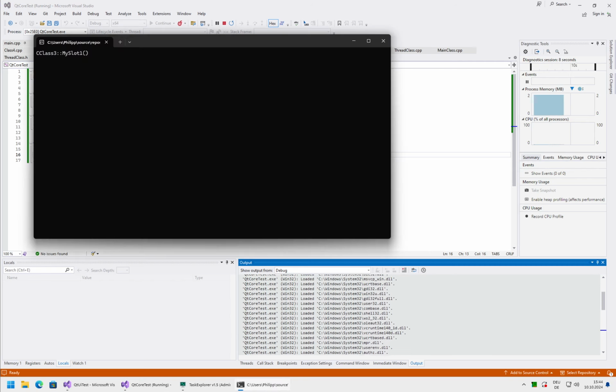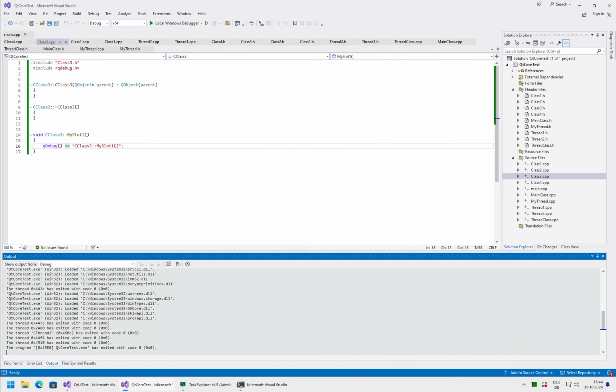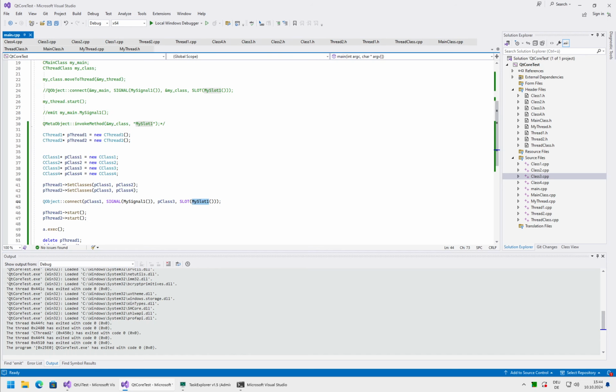And as you see, it printed correctly. So our connection works. We could connect those signals and slots even when the objects have already been assigned to the threads. And now